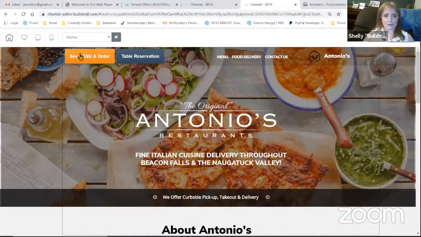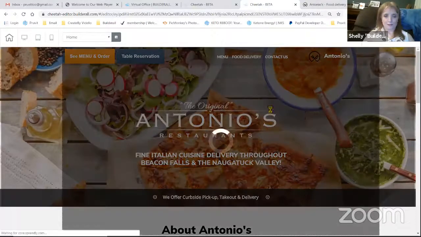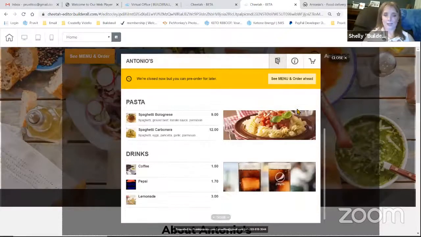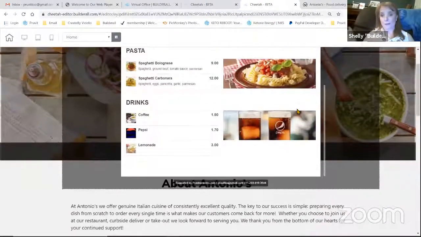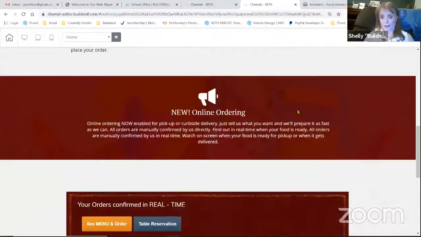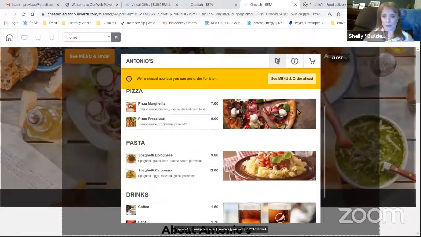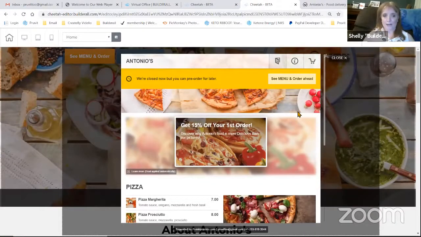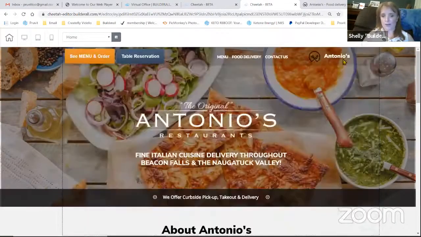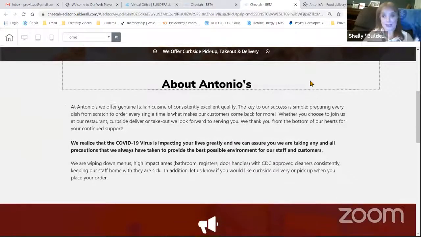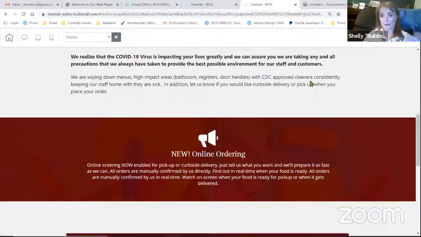Yeah. So y'all take a look at how beautiful that is. You would think that somebody spent a bazillion hours, which John probably did, because the first time you create the menu, it does take a while. But once you get it, it's not terribly hard to do. And again, the menu is beautiful, and they can go through the entire ordering process, get whatever they want. Then if you set it up for the credit card purchasing, they can buy it before they get to the restaurant, then it's ready for them.